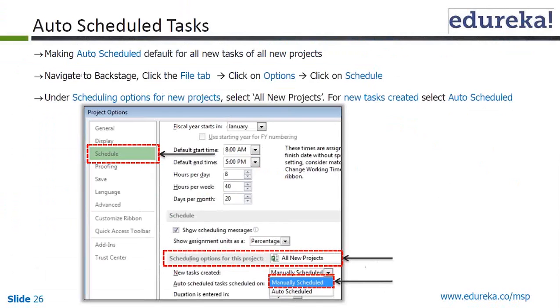Auto schedule task: making auto schedule the default for all the new tasks of all new projects. So how do we do it? For the current project we have done it, but for all new projects, you can navigate to backstage by clicking the File tab, then click on Options, and then click on Schedule. There you have the scheduling options for all new projects. You have auto schedule task, so new tasks created are either manually or auto scheduled. You can select the two. So let's see